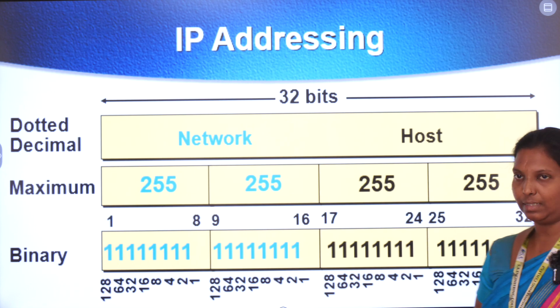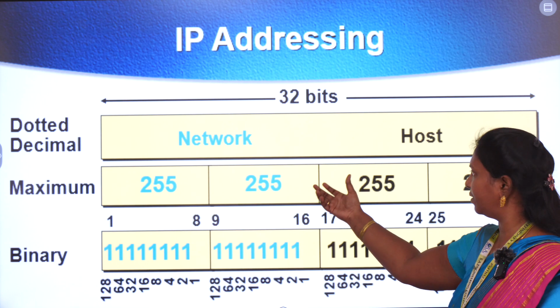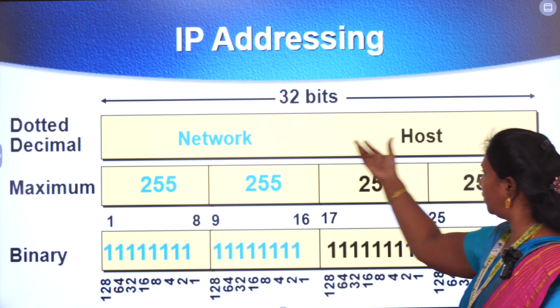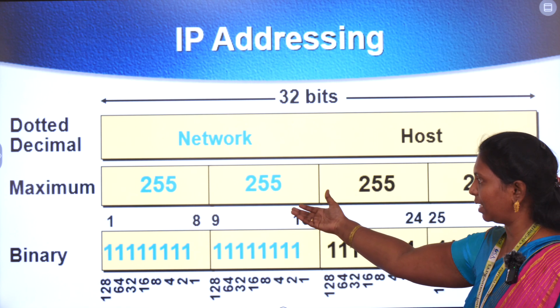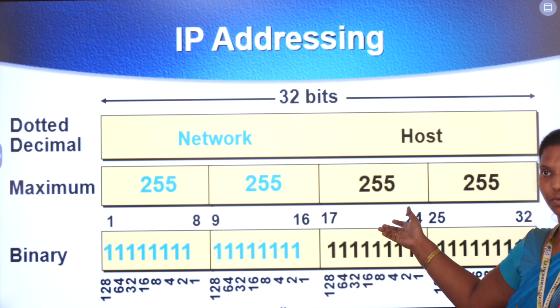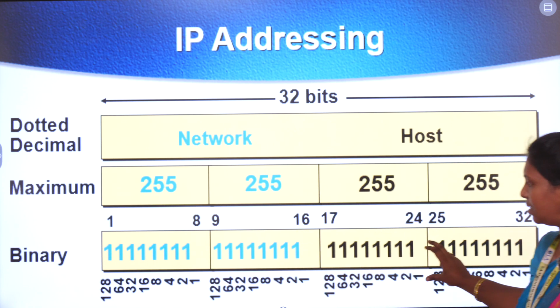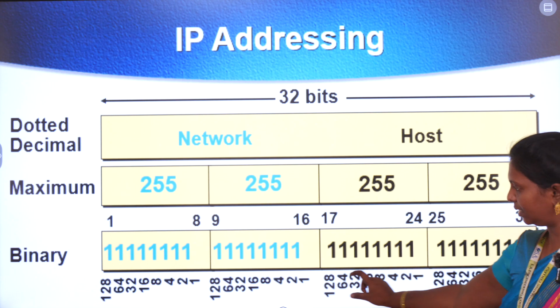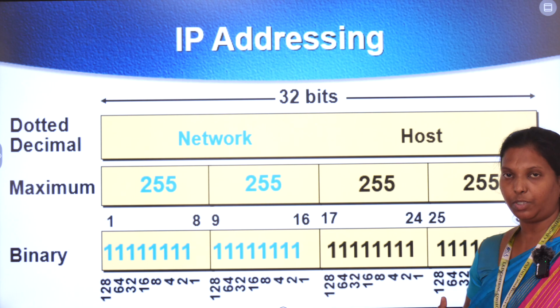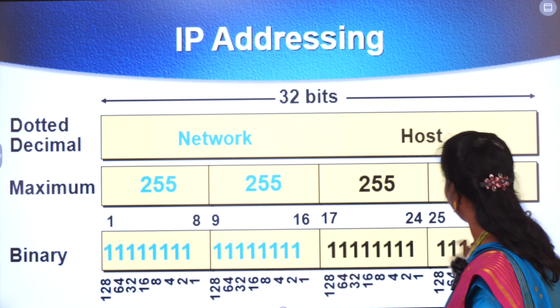And this is an example of how they are divided. For example, in the first example I have given network and host, and here the maximum limit is 255, and similarly for the host it will also be 255. Again, for the binary and for the other digits, here I have given descriptions of how it is transformed to decimal digits. Say, if I am taking the first one,